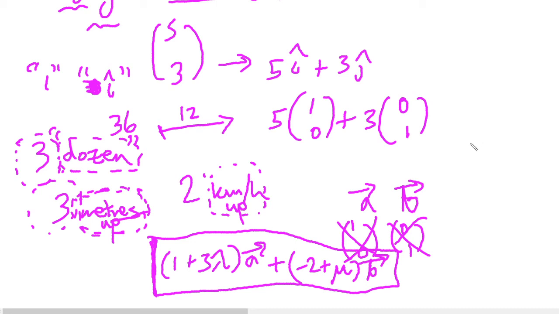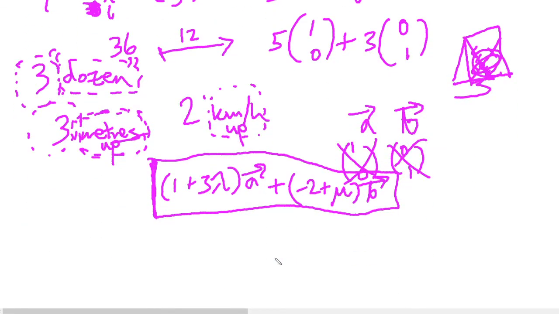For instance, you have like a triangle, a square, and you're trying to figure out the ratio of this side to this side, or this side to this side, whatever. That kind of problem, you'll often get this form. And I want you to think about these vectors in the sense that they could be expressed like 1 plus 3 lambda, minus 2 plus mu,